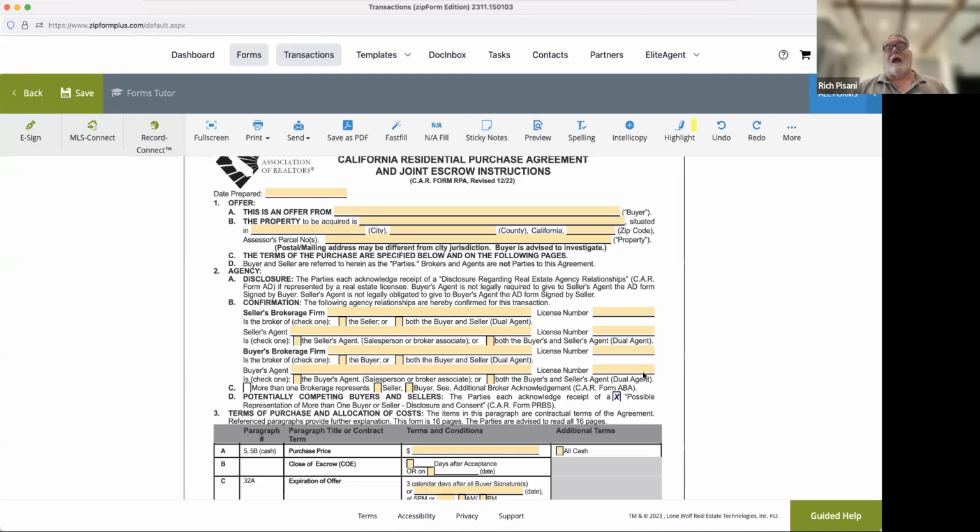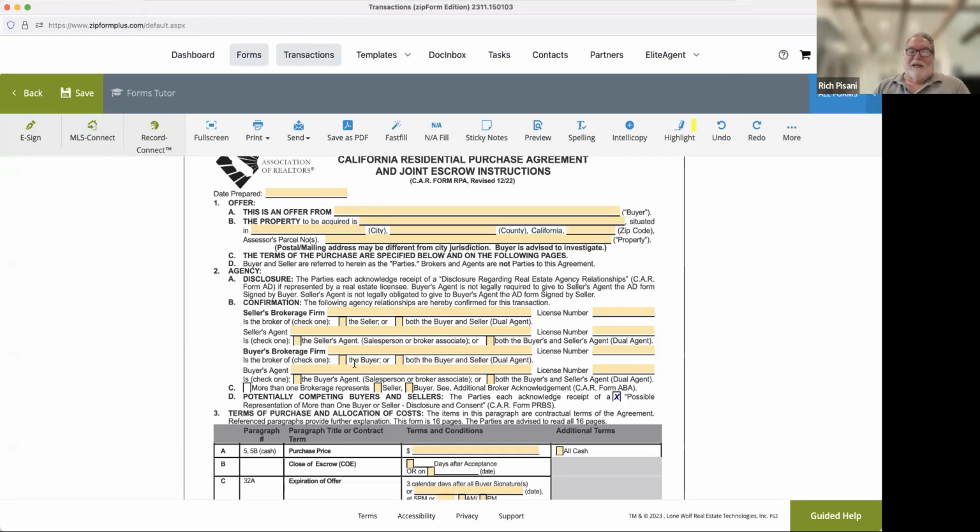If you're representing the seller and the buyer is not represented by any agent or agency, then there is also a buyer's non-agency disclosure. That's important, and you would leave that blank. But if they are being represented by a brokerage that has a DRE number, that information has to go in there. And if it gets screwed up on the RPA, then you have to redo it on another form called an agency confirmation, on a separate form, and both parties have to sign it. So it has to be right because it's required by law.